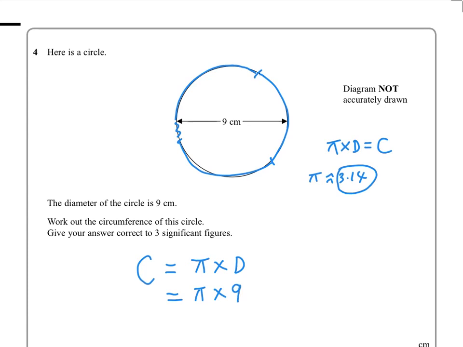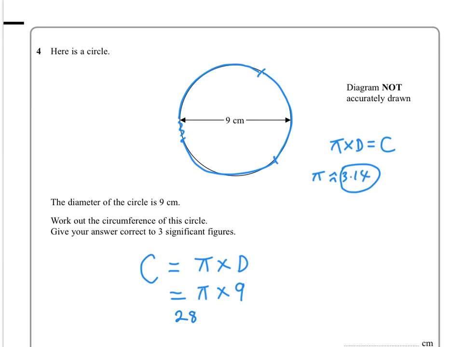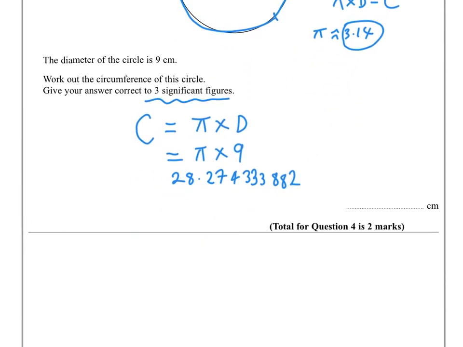You would put that in your calculator, and the display on your calculator would be 28.274333882, and then you want it to 3 significant figures. So let's have a look at that. If you have a number here and you want it to 3 significant figures, this is the first significant figure, i.e. to the nearest 10. So if it was to 1 significant figure, the answer would be 30. This is the second significant figure, i.e. to the nearest unit. So to the nearest unit, the answer would be just 28. But if you want it to 3 significant figures, then you really want it to the nearest 10th. That's all it's saying. So you would just give your answer as 28